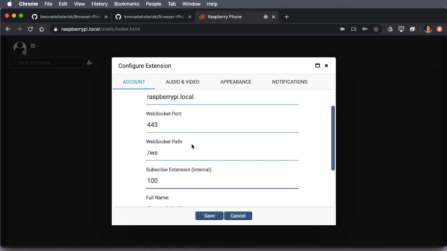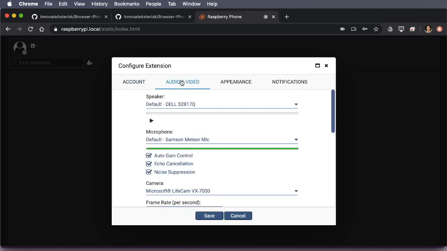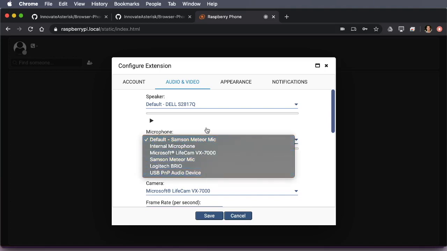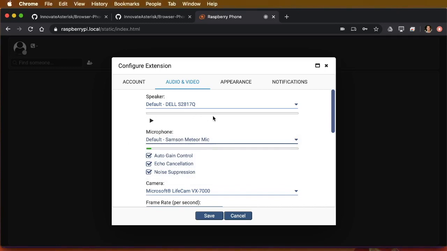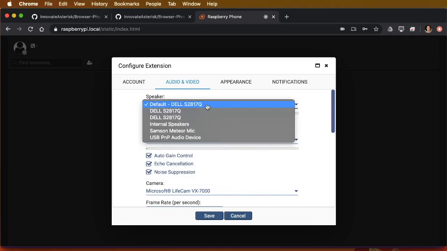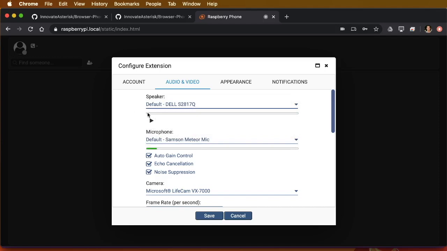So now that that information is on, I'm going to click over into audio and video. Now at the moment, you'll see it's picking up my voice from the microphone over here. And I can change which microphone it's using by selecting over there. You'll see that I've got various microphones and things like that. And the same with speakers, all right? I can make it go out through one speaker or the other. And if I click the play button,